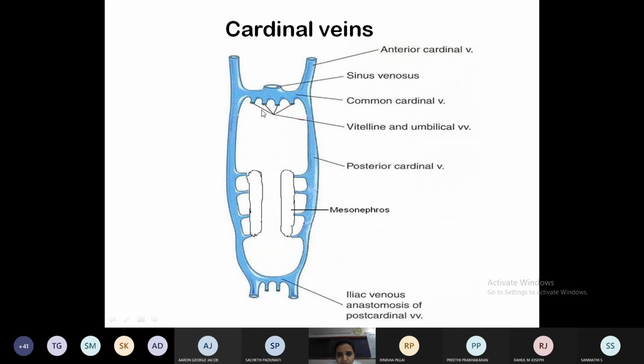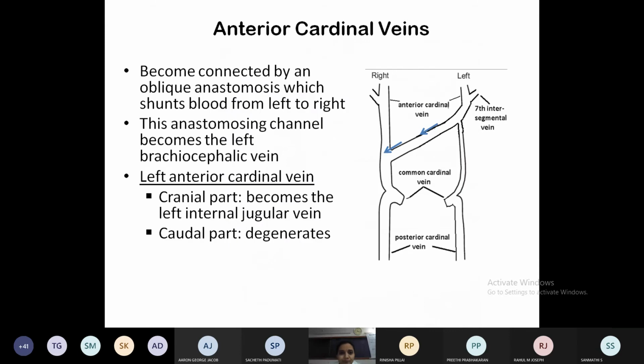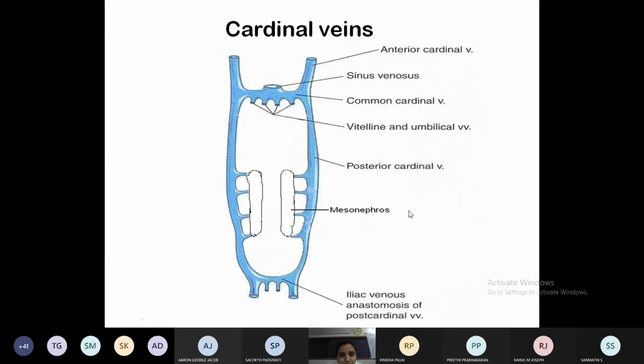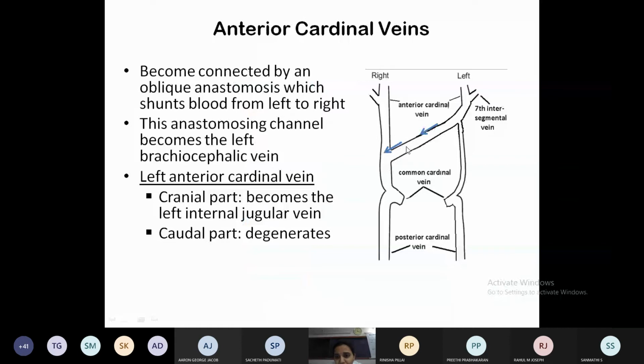The anterior and posterior cardinal veins open at the common cardinal vein at the side of the sinus venosus. The posterior cardinal veins get attached in the lower part, which forms the iliac venous anastomosis. The anterior cardinal veins, these anterior cardinal veins,